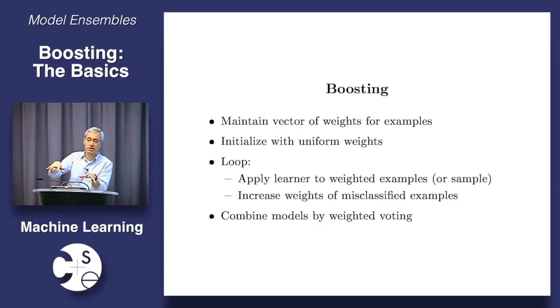This is what I want to do, right? I don't want to learn another random classifier. I want to see, like, where was the first classifier good? Well, that part of the space you can leave alone, right? That's fine. Where was that classifier getting things wrong? Let me now try to learn a classifier on that, and so on. Now I learn my third classifier where the previous ones were bad. And so by the time I've learned 50 classifiers, if I've done this right, I've actually learned a very good classifier. In fact, I have 50 weak classifiers turning into one strong classifier by weighted voting among them.